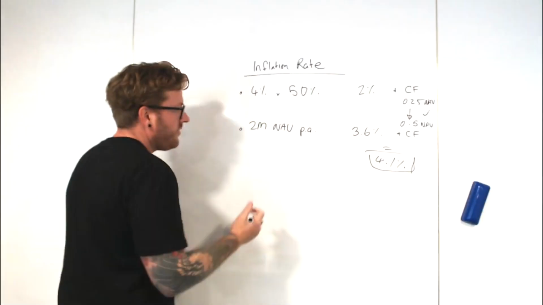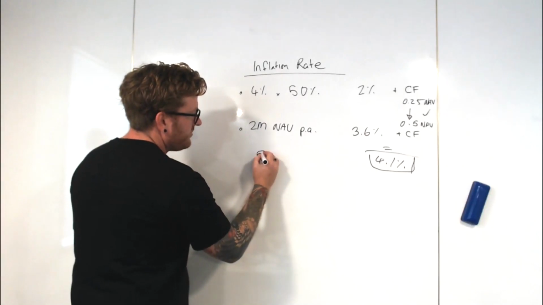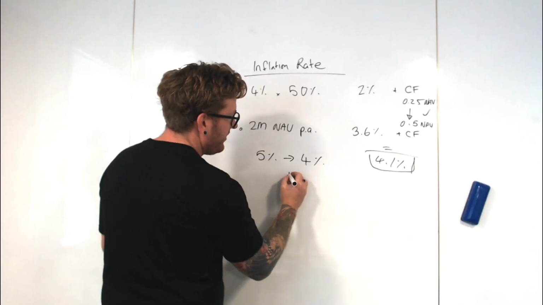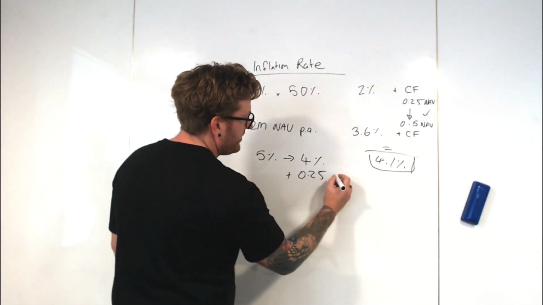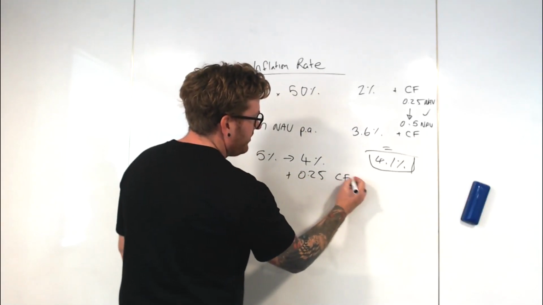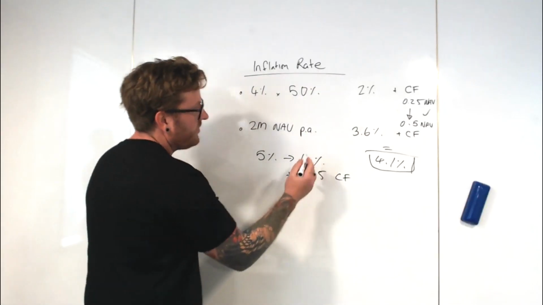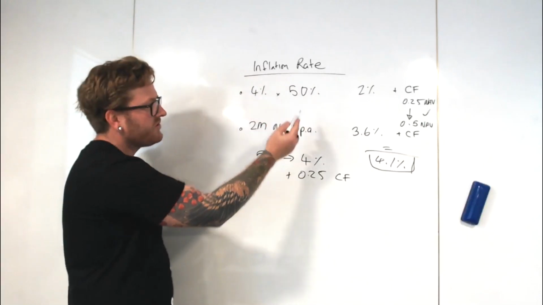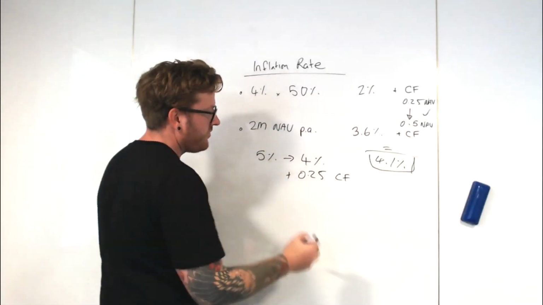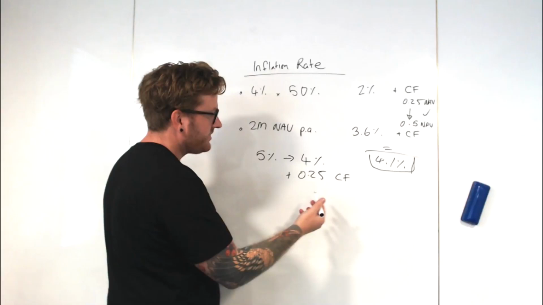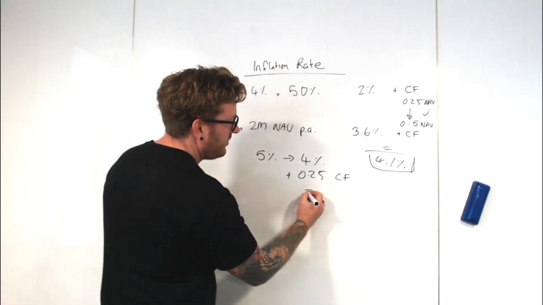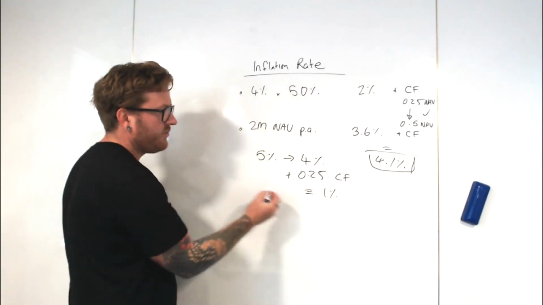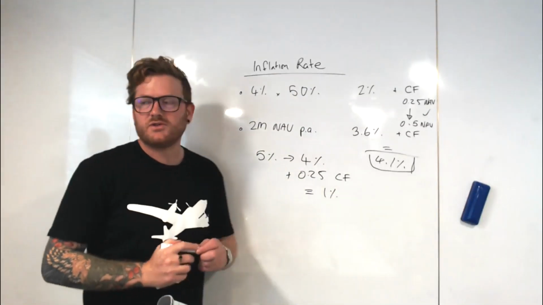So when we originally suggested reducing from 5% to 4% and adding 0.25 to the community fund, when we calculated it against the network weight, the amount of people who were staking and the total inflation rate, it was roughly equal to 1%. The 1% that we knocked off the staking rewards.